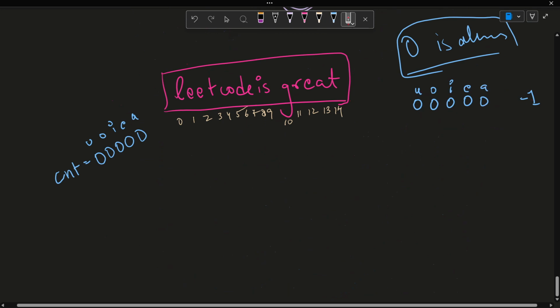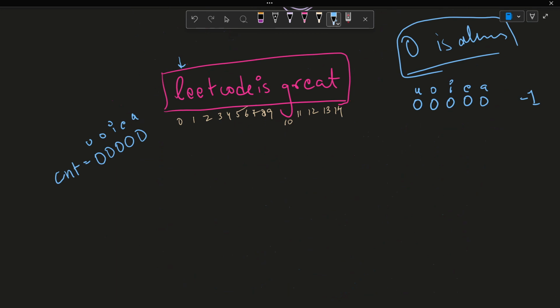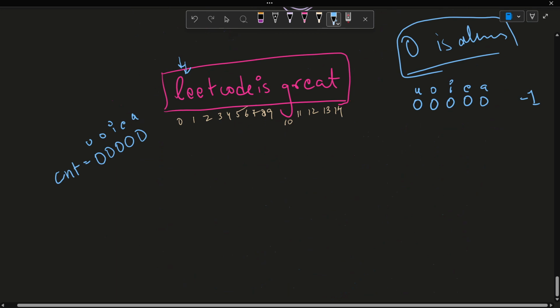That means before we even start reading the string. So I'll see an L, right? I see an L, so I don't do anything. I see an E now at index 1. So what would be 0 0 0 1 0 at this position 1. Now again I go to E, and what I see is when I do the flip again, I go back to